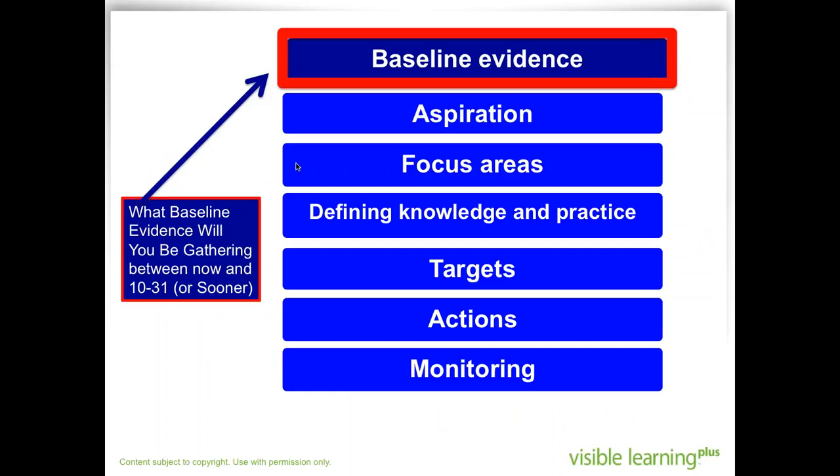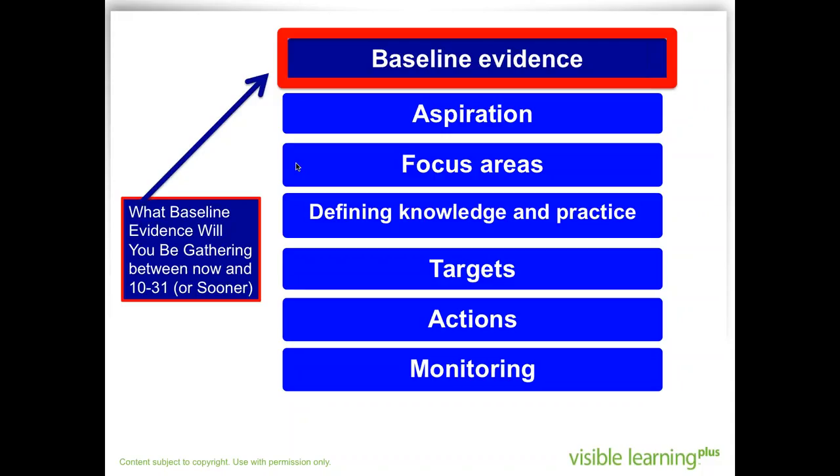To give you an idea of what evidence in Action 2 will look like: we'll come in that day with some baseline evidence that we've gathered between August 30th when we left, or today, September 20th, from here on forward to when we come together. I'm pushing that Halloween date because that still gives us three full weeks before we come back together. Three full weeks to think, is that enough? Would we want to gather any more? It also gives any school that gets a little behind some leeway to catch up.